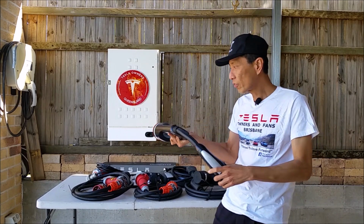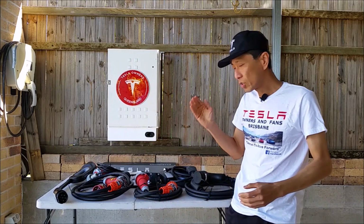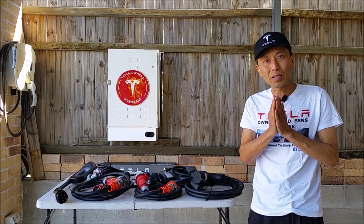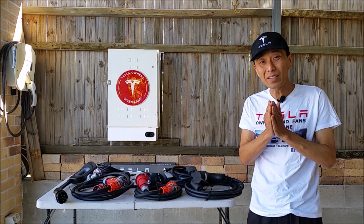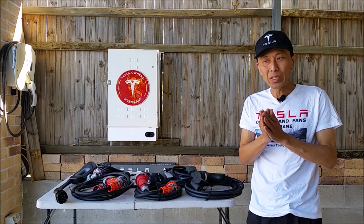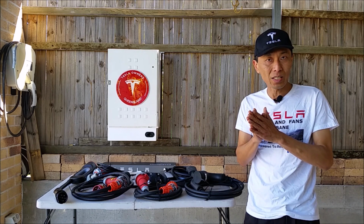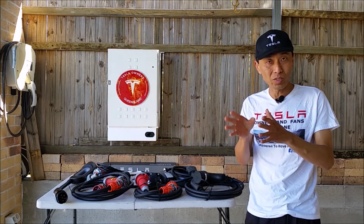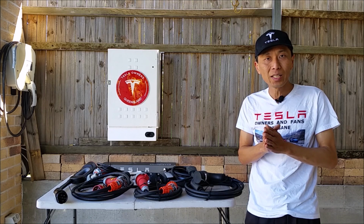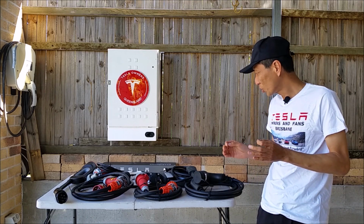So I'll charge fully from Toowoomba, and then getting to Roma, I think I got there with about 12% left. When we stayed at Roma, we didn't actually stay at the Tesla destination charger motel, where you probably charge it up in 4 hours. We stayed in the normal motel, and I had to use one of these,